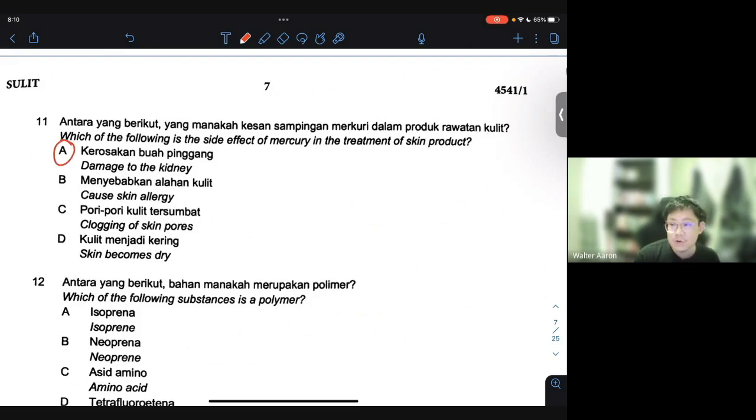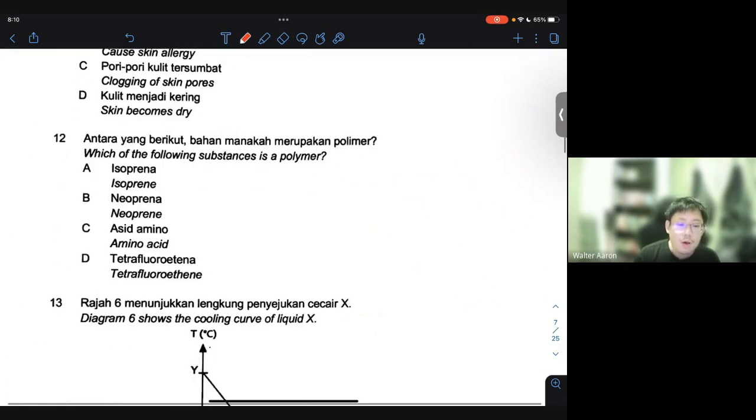I mean, kidney is an organ, so I did mention to you that it can actually cause organ damage if it seeps into your bloodstream. So A is the best answer. 12, which of the following substances is a polymer? All right, so a polymer is made out of monomers, and the best one technically will be neoprene, isoprene, natural rubber. So I would say for number 12 here, the answer is supposed to be B, neoprene actually,